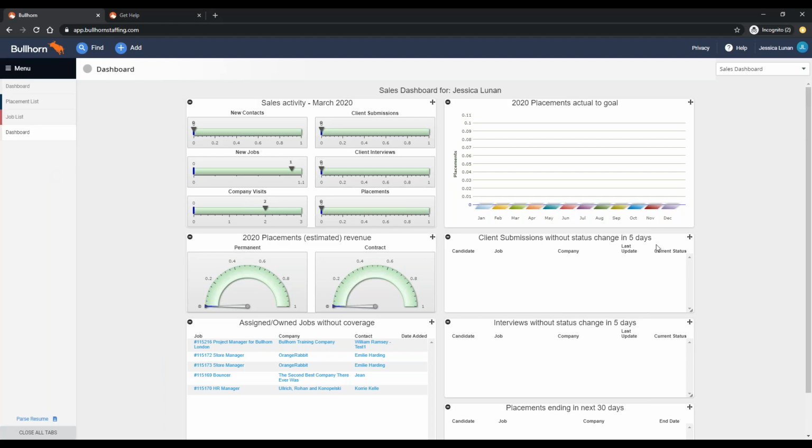Okay, so again, for the sales dashboard, it's more business development here and what's happening as well with your own jobs. So these are jobs for yourselves here. Okay. I hope I haven't gone too fast, but I think I've covered off everything for the enterprise dashboards and